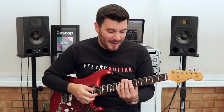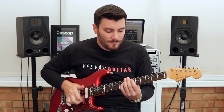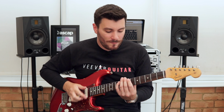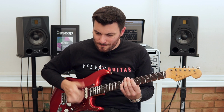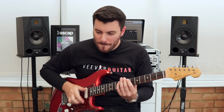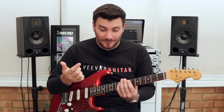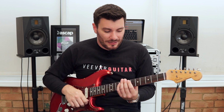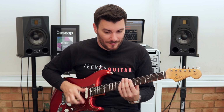So you can see my left hand mute and you'll be able to see it better on a close-up shot. Whenever you're using your index finger for a hit, but you still need a rhythm going, I use my thumb as well, so you can see that between the...